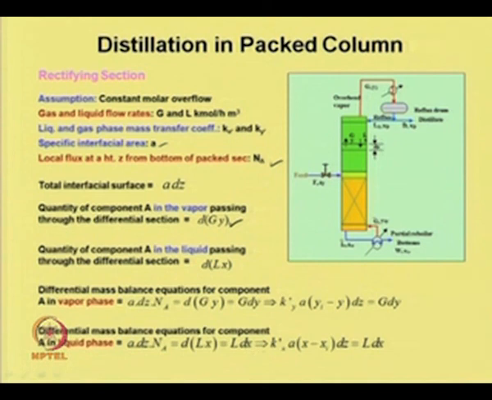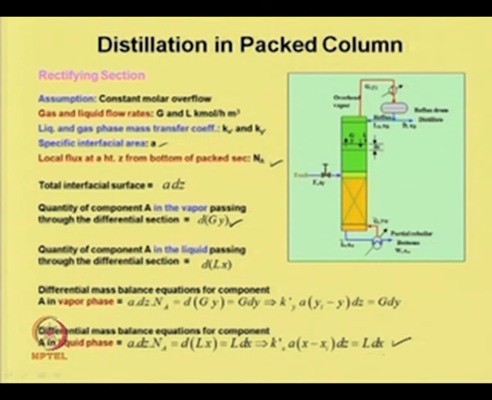So, if we do the differential mass balance for the vapor phase, it would be a dz NA equal to d of G into y. So, we will get ky dash a (yi minus y) dz is equal to G dy, where yi is the interfacial concentration. Similarly, for the liquid phase, we can obtain kx dash a into (x minus xi) dz is equal